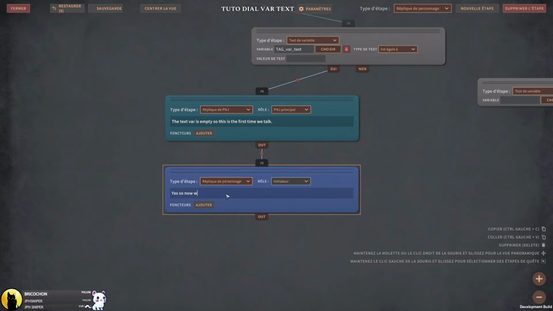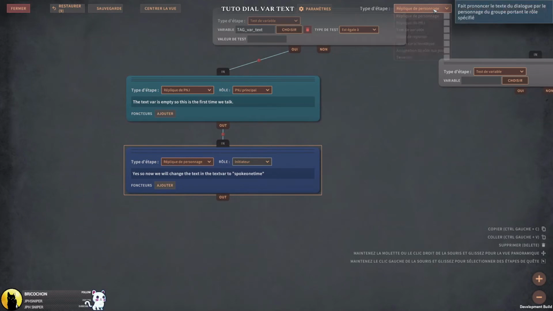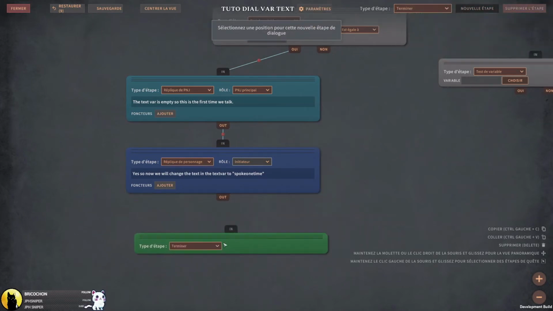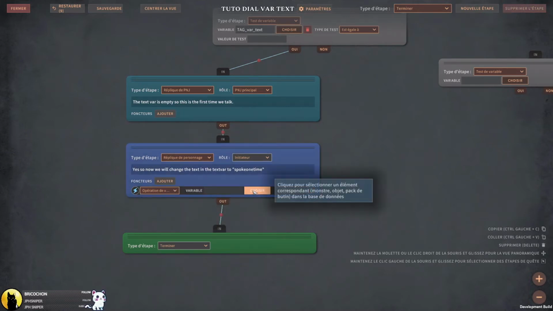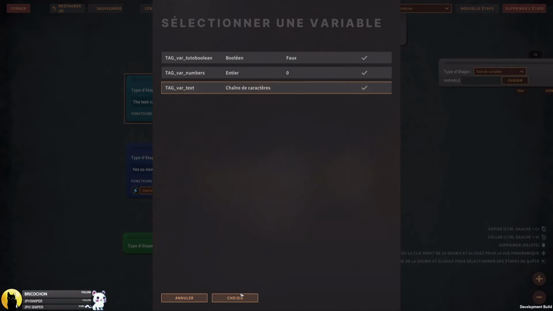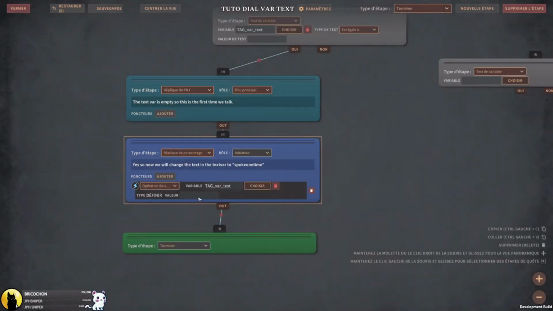So now we will change the text in the text var to "spoke 1 time". Okay, so we have to think to do this. We will add a function, then variable operation. We will choose our variable and make it "spoke 1 time". Okay,